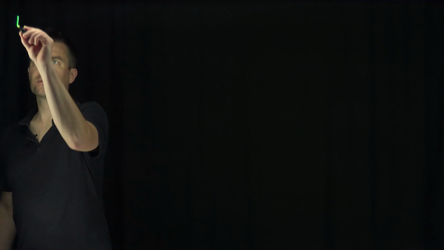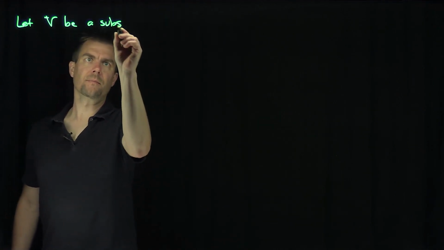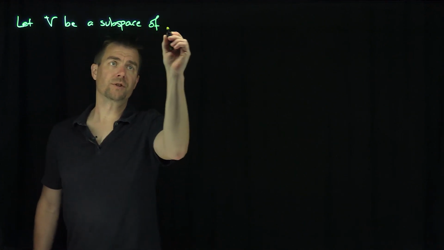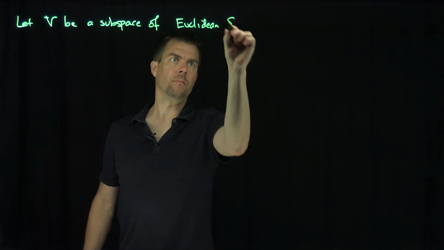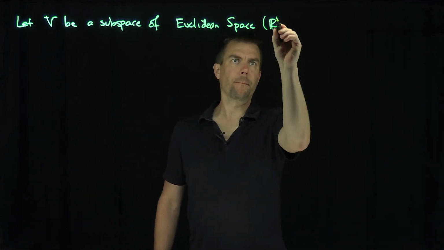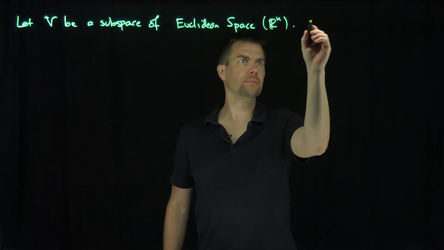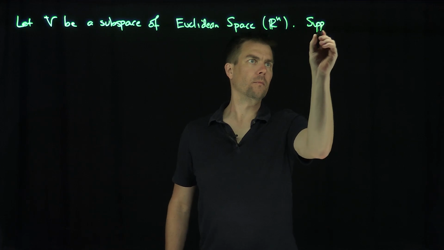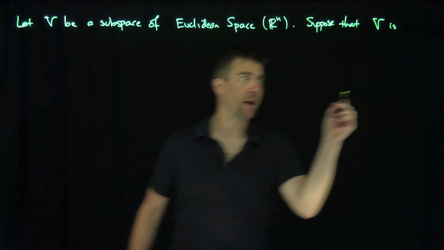Hello students, in this video we'll discuss the idea of dimension of a subspace of Euclidean space. Let V be a subspace of Euclidean space. Maybe we can just take R^n for example. And what I want to say is, suppose that V is the span